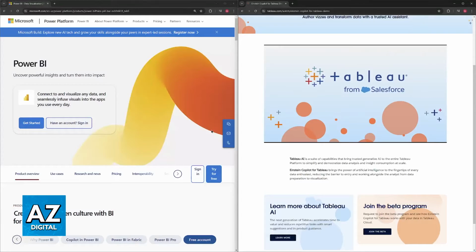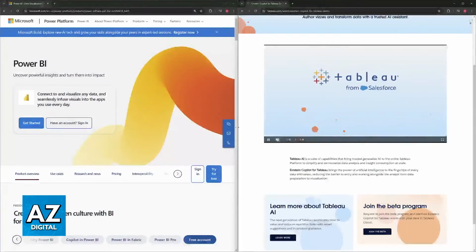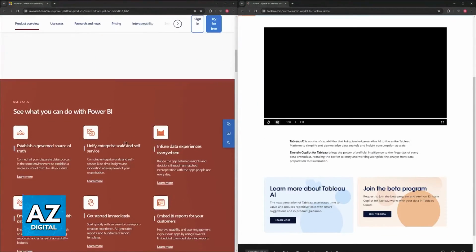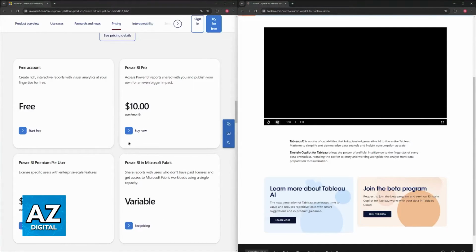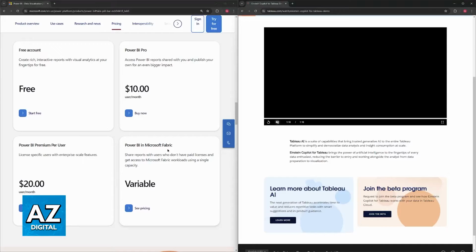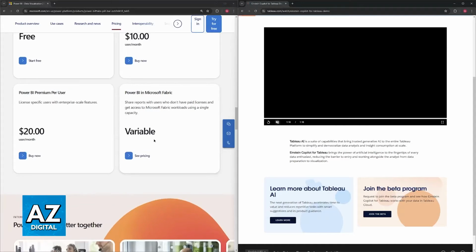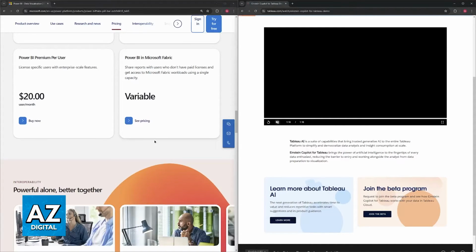Finally, for Power BI, it is going to be cost-effective because it offers a free desktop version, so if you scroll down on the main page, you will be able to find it here, and tiered subscription plans that can be more affordable. It has a lot of ease of use. It's known for its intuitive interface and user-friendly features, usually with drag and drop aspects, making it easier for beginners with minimal coding experience to pick up.